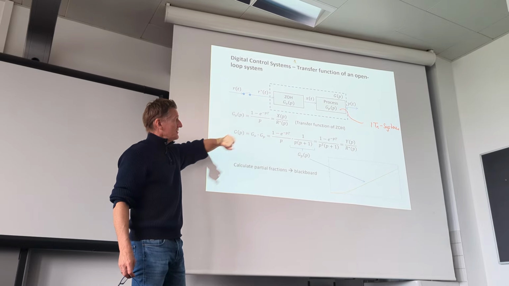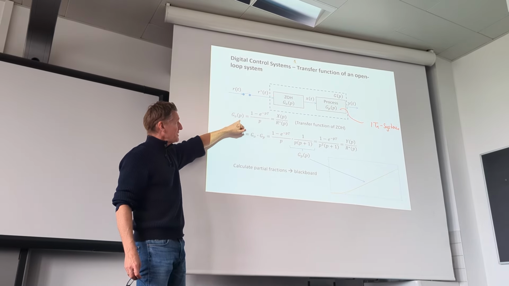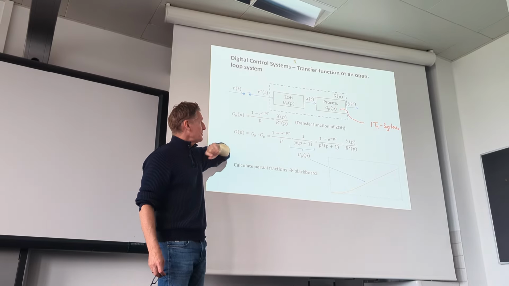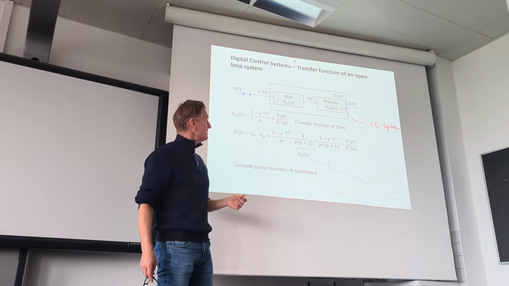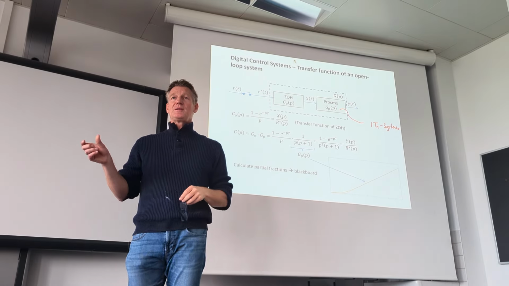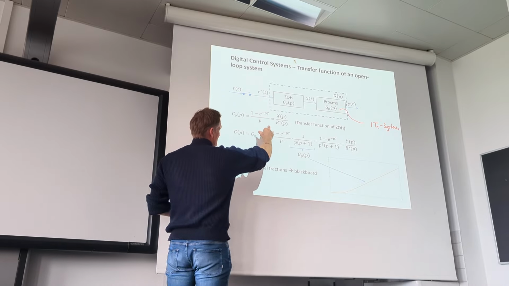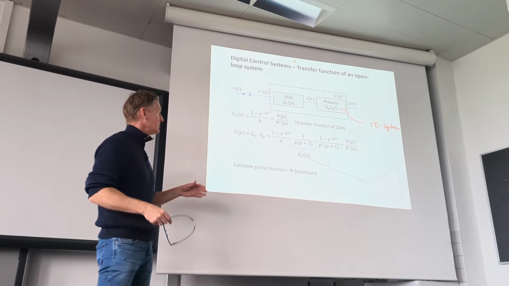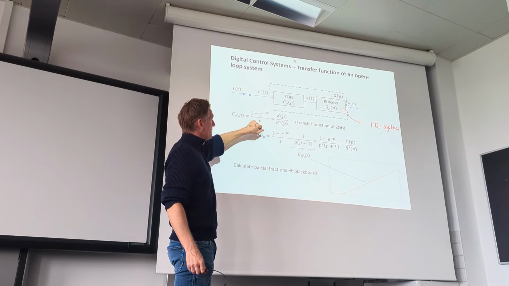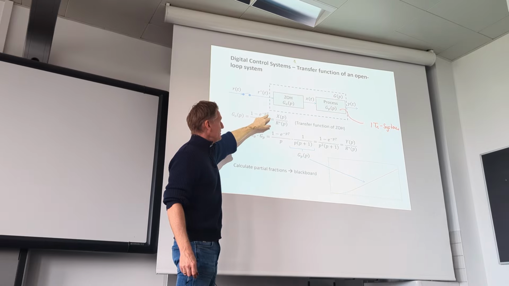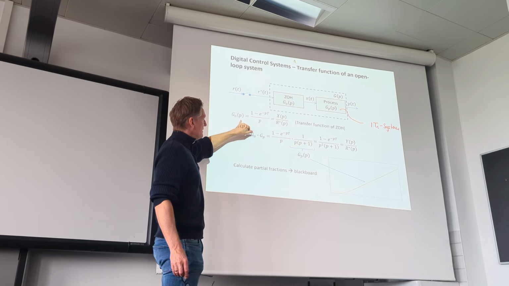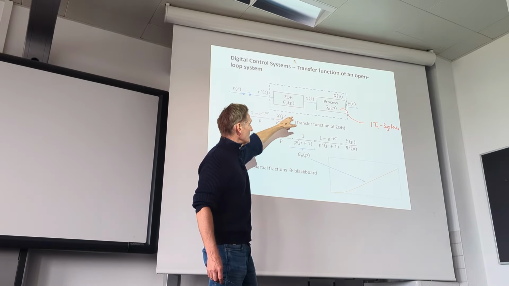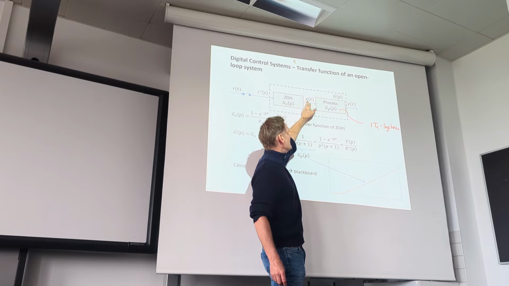So the transfer function for the zero order hold block was GO of p equal to (1 minus e to the power of minus pT) over p, where p is the Laplace operator. Capital T is our sampling period, and e to the power of minus pT is actually the introduction of the dead time into the system. So we have 1 over p minus e to the power of minus pT over p as the transfer function X of p over R star, where X is the output of the zero order hold block, here x of t, and